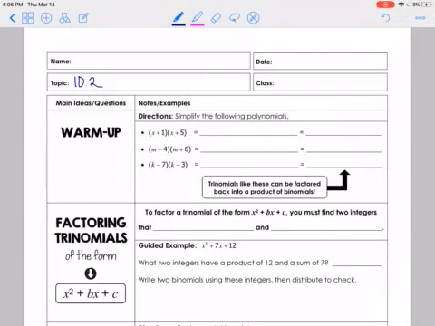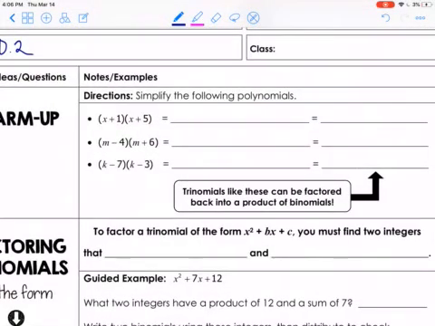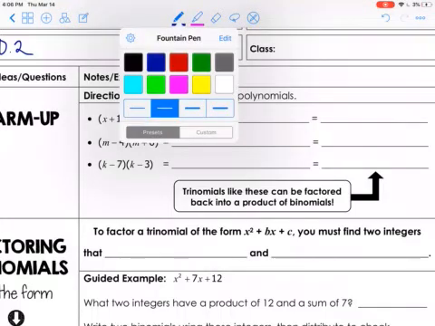Okay, so today is 10.2 and we're going to start factoring, which can be really easy as long as you follow the correct signs in terms of addition and subtraction. But before we do that, we're going to warm up by doing FOIL. So remember, FOIL is